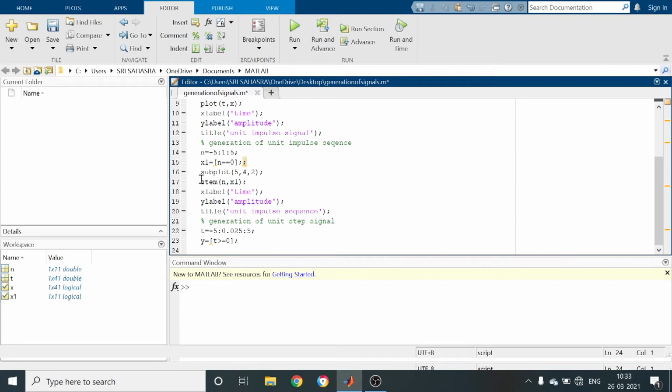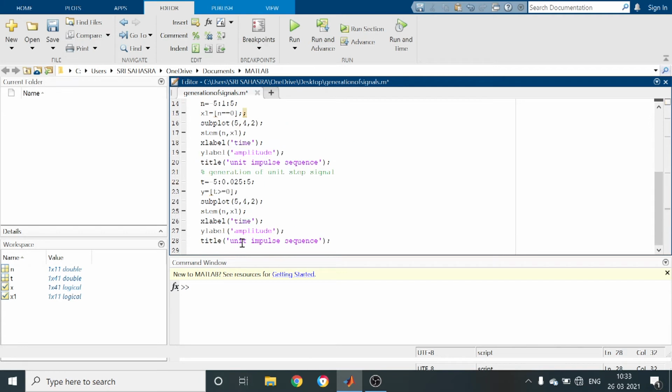Subplot. So I am going to take the same commands, we just have to do some modification. Control C, copy here, Control V. So here this is the time generation of unit step signal, t equal to, I am taking the axis -5 to 5 with variation 0.025, and I am going to define the unit step signal and assign it to a variable y.